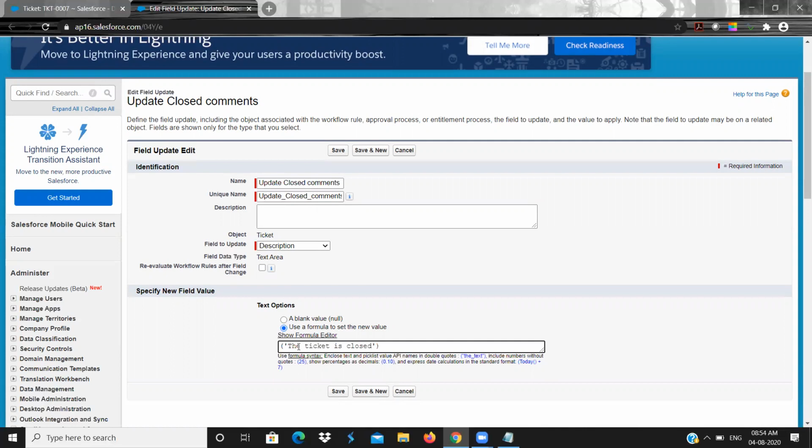So what I have done, I have selected the action as field update. In that field update, I have selected this description field. If I click this, it will be a blank value, so I wanted to give some value. In that case, I have given it like this. Why? Because it is a text, right? So quotes are important.